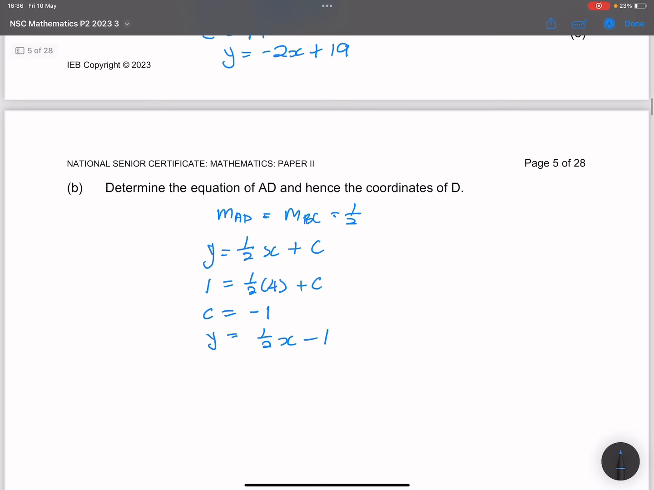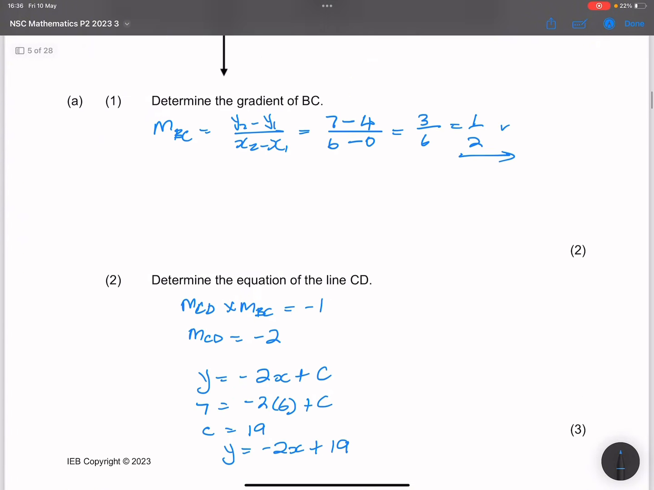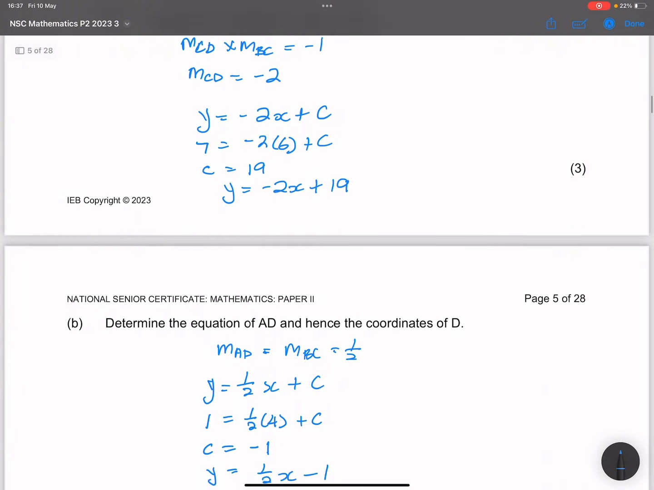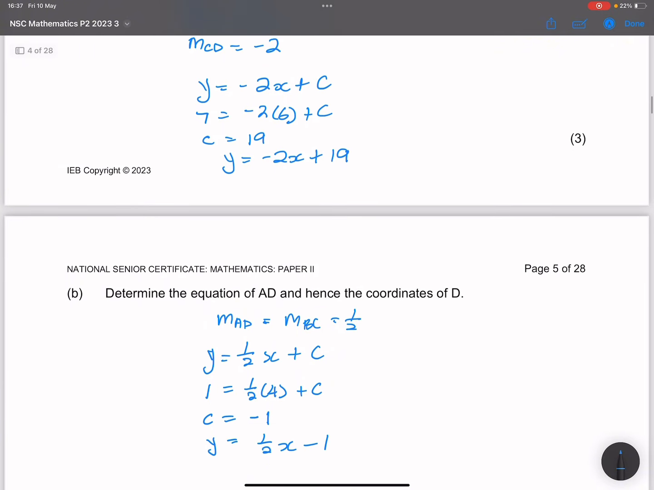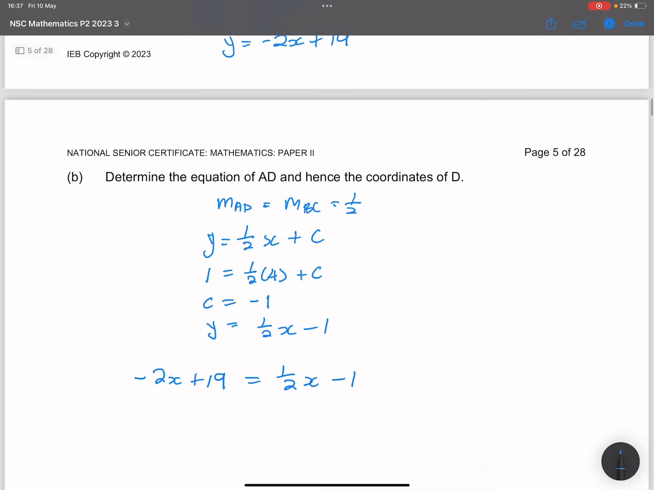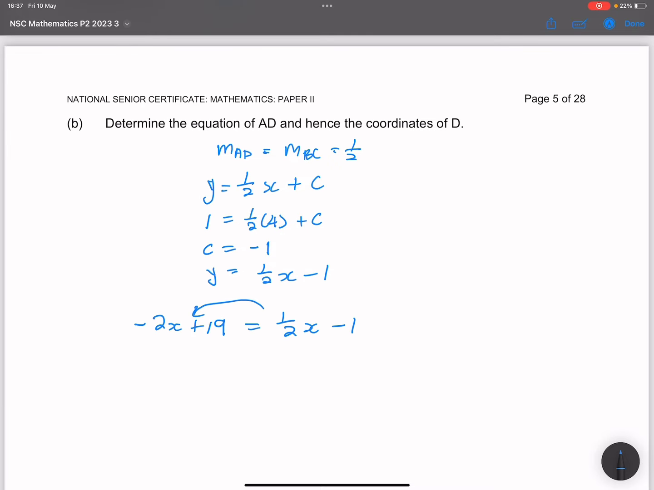Now remember, to find the point D, what's happening at D? The two lines CD and AD are intersecting there, right? So let's equate the equation of CD, which we do know now is -2x + 19, and the equation of AD, which means -2x + 19 would be equal to 1/2 x - 1. I'm going to take the half x to the other side, so that will be -2x - 1/2 x, so that will give us